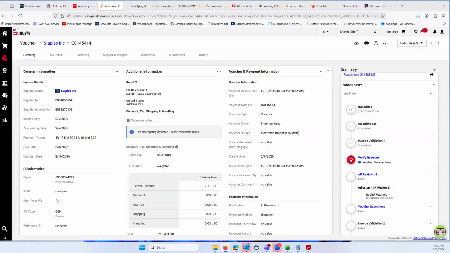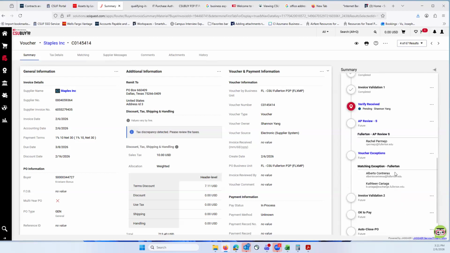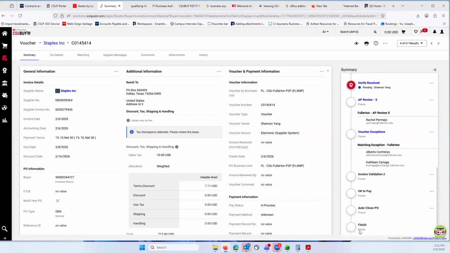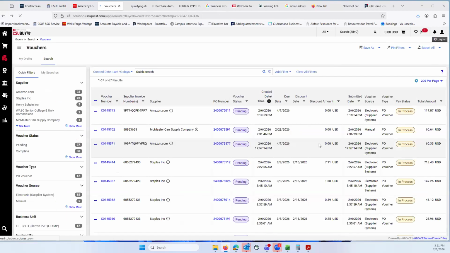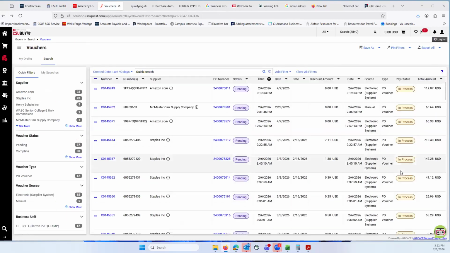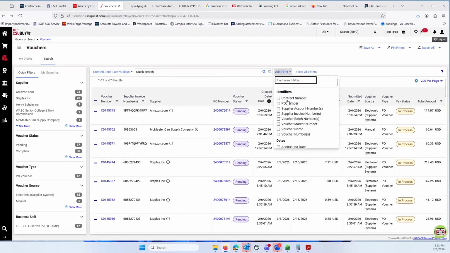You can see this one is already being sorted out to go to Rachel based on the letter. And if there are any match exceptions, this might have to stop by our team. But essentially, most of the time they'll go to this finish step, and let me show you one that's payable. You can see these are in process. These are waiting to get approved. And then if I check the payable status,